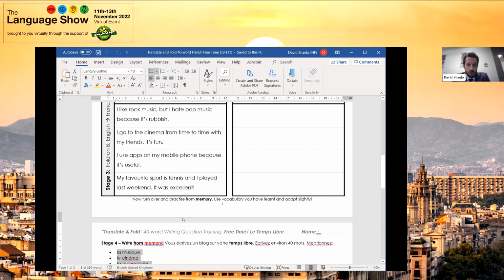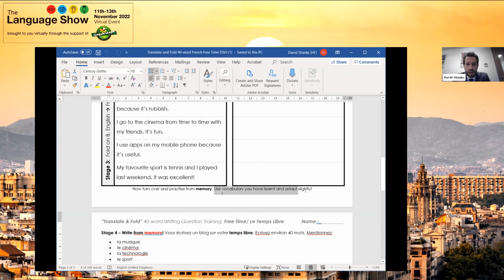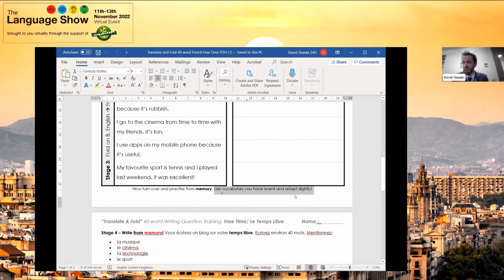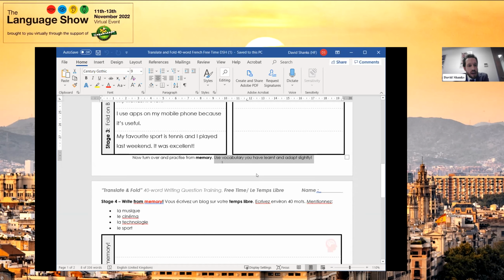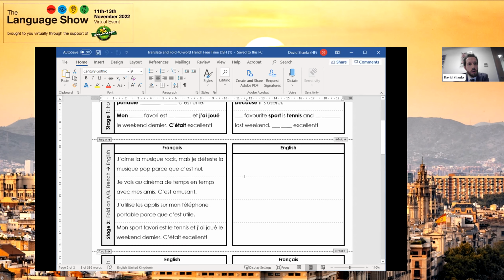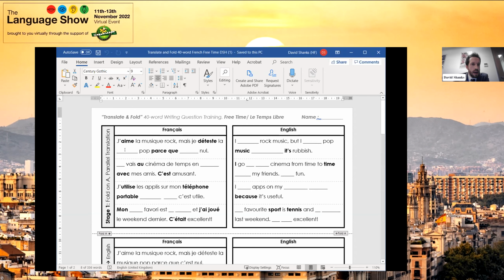It's important, I've found as well, to this little point here, use the vocabulary you have learned. So don't suddenly think that this is a brand new question. Lots of students do that and don't recycle those structures, but similarly adapt it, because you want them to personalize it. And then the final little cherry on top is that lots of the structures, if you look up there, things like, I like X, but I hate Y because of Z. That structure is really, really applicable no matter what the topic, if you just swap out some of those noun phrases.